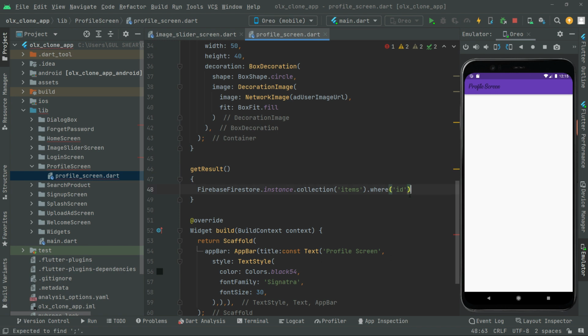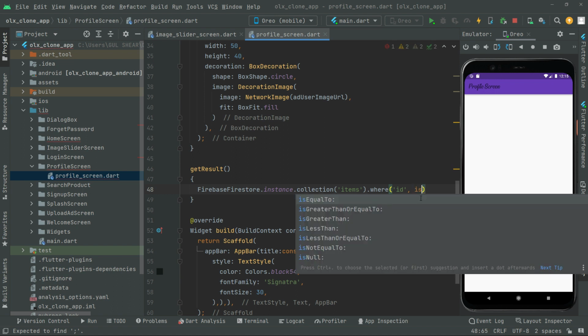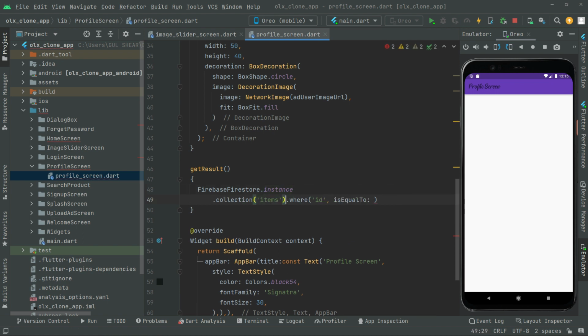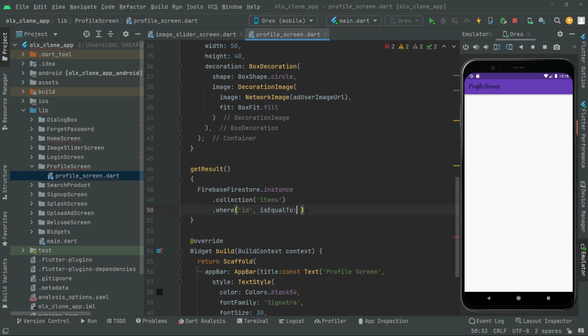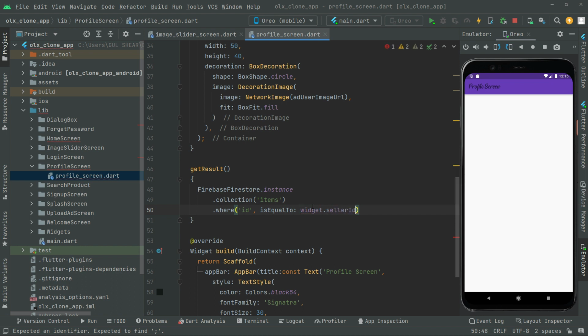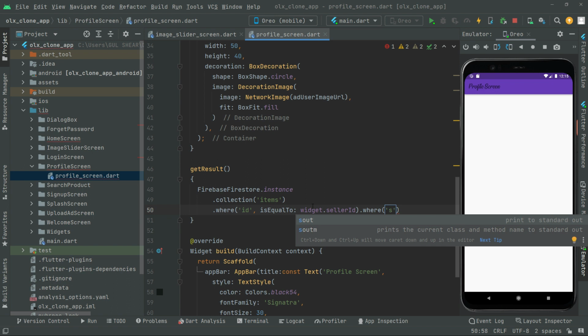Okay, in here back again, right after this ID put comma, and then we say is equal to. We're gonna simply just get this down from here and also from here so that you guys can see it easily. So if that equal to, we'll say widget dot seller ID. We're gonna simply just check that specific seller ID, and right after that we'll say dot where. In here we'll also just provide string, and then we will just check the status. So in here key name status,